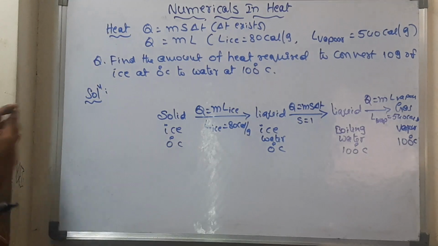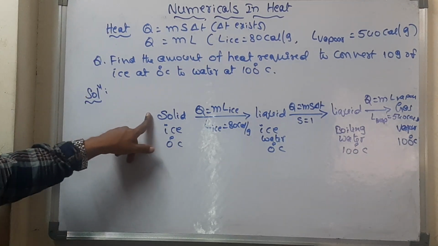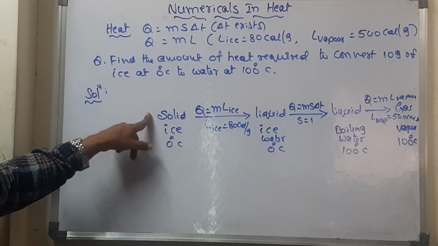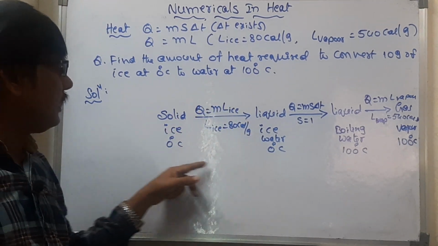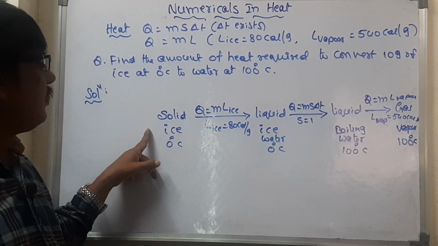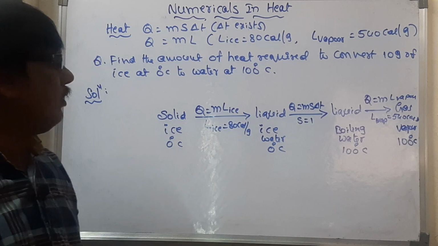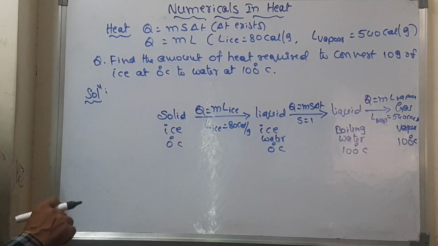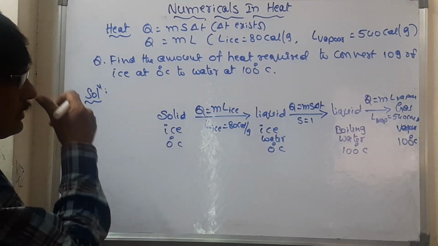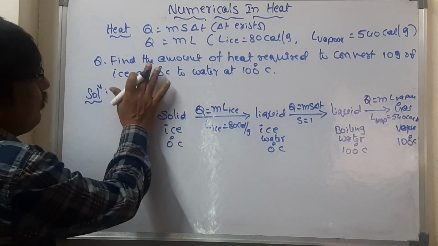So in this way, this is the analogy, and this is the exact representation for converting. The question will ask you to convert 10 grams of ice from 0 to 0. Then how will it be? Now we will see how we can do all those sums. Let us see, and in a moment we will do this sum.